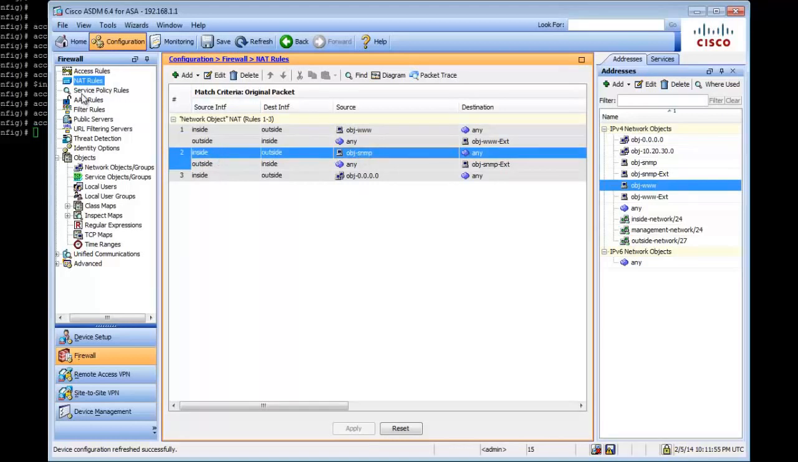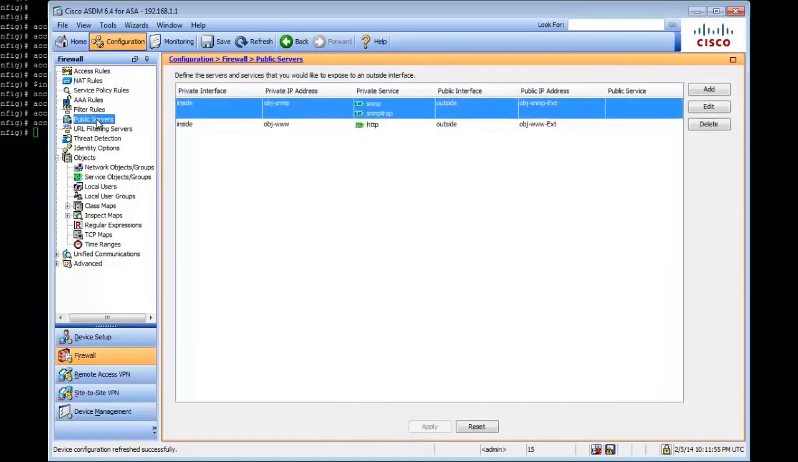Additionally, in here we have something called public servers. Because we made these internal servers public, if I click on public servers, there you go, it automatically puts it into this category because it knows this is a public server, and so all your public servers will show up here. Fairly simple. Okay, so this is how you would set up an access rule and set up NAT